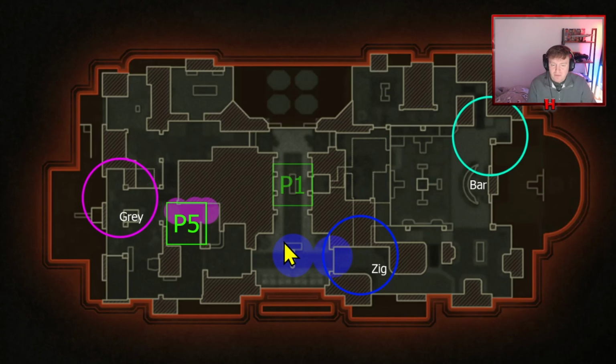Moving on to P5, a really simple spawn system for P5. I've got to be honest, this is really quite easy to understand and hopefully easy to learn from you guys. The main spawns here are grey, or like back in this construction zone, and zig. The grey spawn is used when the opposing team are this right hand side of P5 and your team has this area of the map controlled. The game will then use the zig spawn as an alternative, and then bar when the other two spawns are